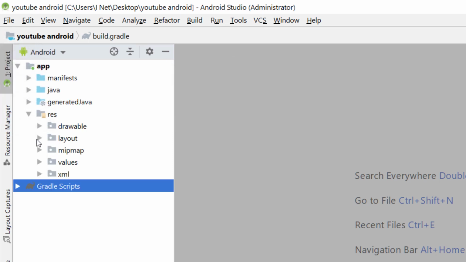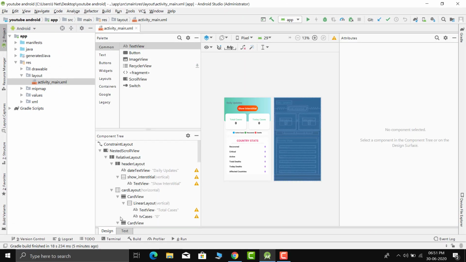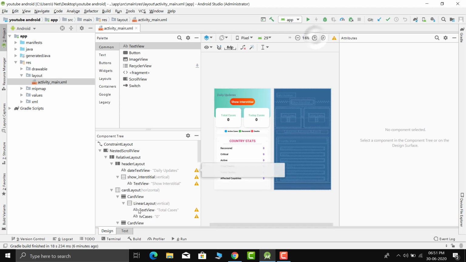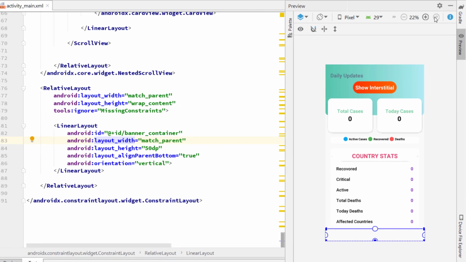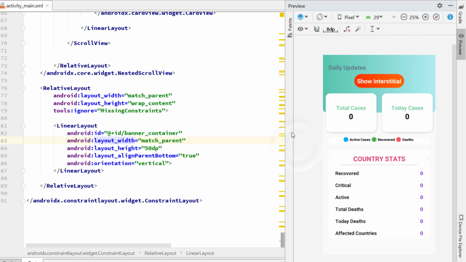Now let me show you the design of the application which I have created. As you can see, this is the sample layout of my application.